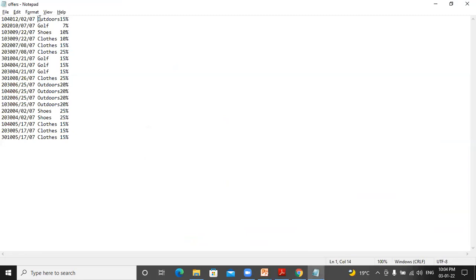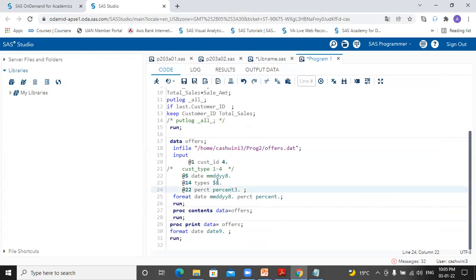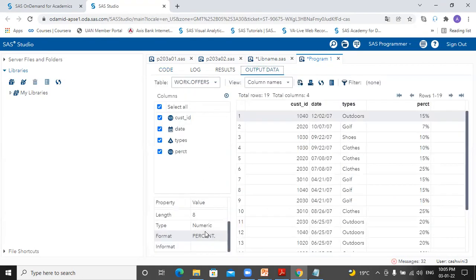So see, 1, 2, 3, 4, 5, 6, 7, 8. With this width, when you provide it, there is no need to give any specific length statement for your columns. This width is taking care that the columns will be created with that specific length itself. See, length of 8.